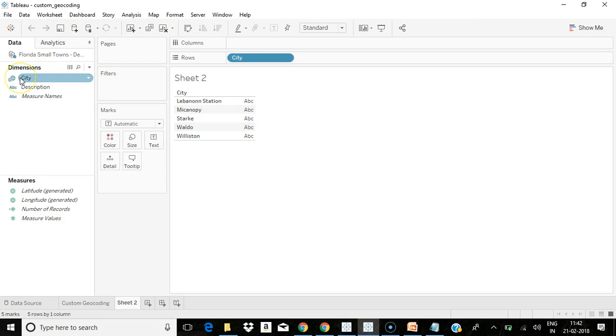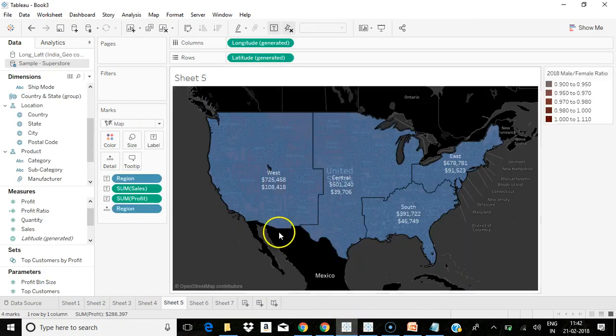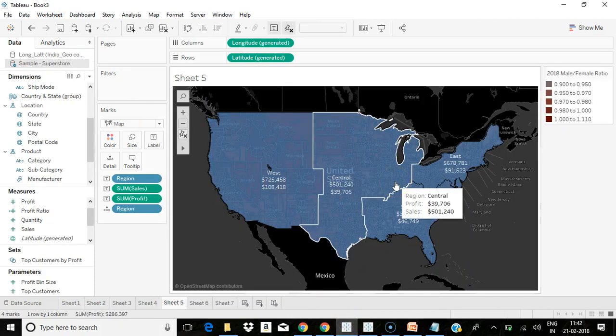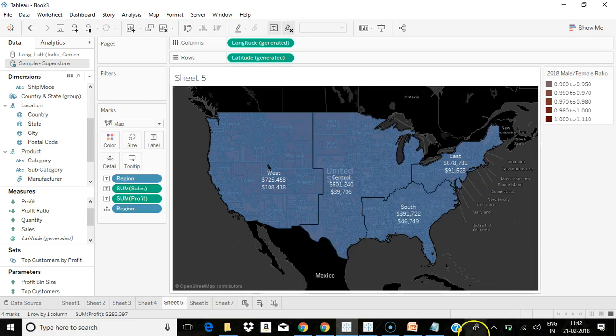So we have many types of map visualizations, different types of maps in Tableau. Whatever I have explained, that is integrated with Mapbox or a WMS map using different styles. We also have polygon maps. You can calculate different geographical areas, the distance between geographical areas. So everything is possible with Tableau using maps.